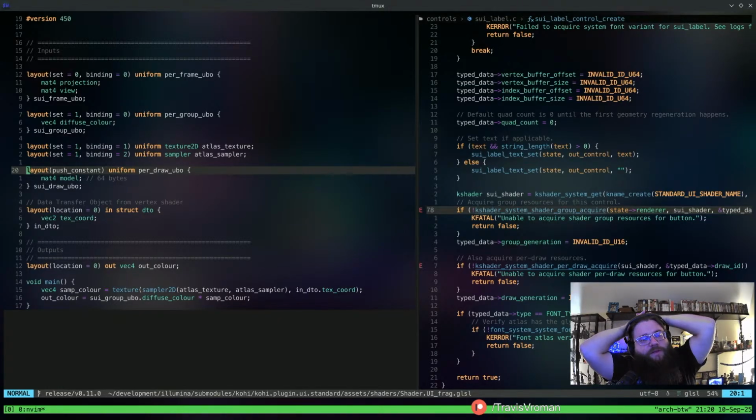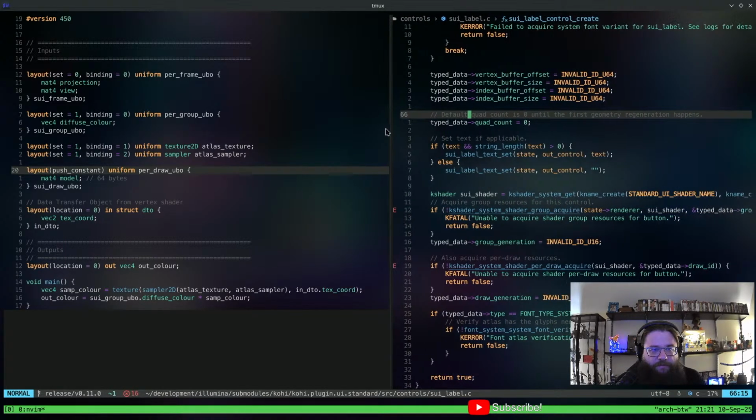So realistically, there's two ways we could handle this, right? Using a storage buffer here would probably work, but I tend to think it's a little bit overkill. And we need to make this stuff work with our binding set configuration.